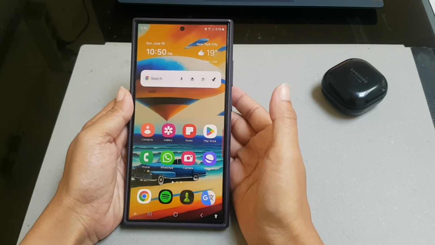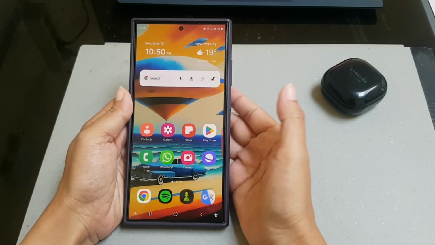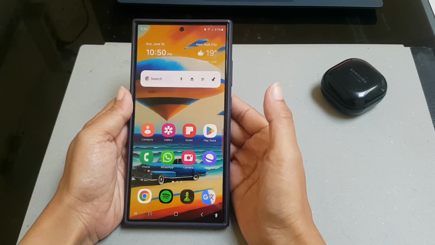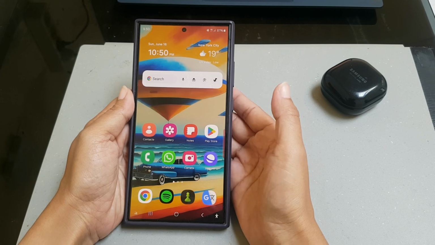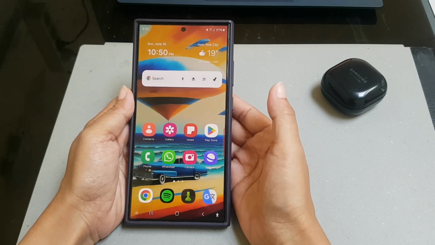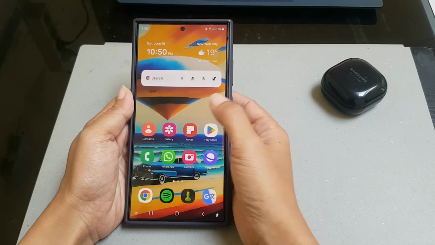To put YouTube search bar on your home screen on Samsung Galaxy S24 Ultra so you can have the fastest way to search YouTube, first you have to add YouTube search widget to your home screen. To do so, on your home screen, long tap on an empty area to go to the home screen edit screen.